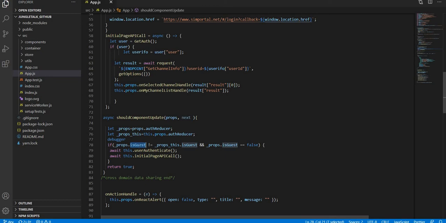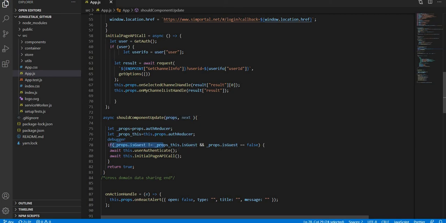Those data come from the auth reducer. In another video I'll thoroughly explain the reducer and the redux side. For now, just remember that the guest login property comes from the auth reducer property over here.